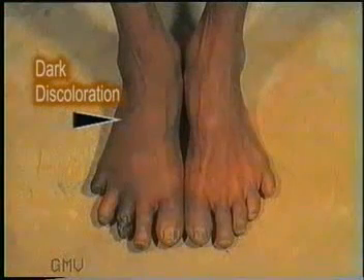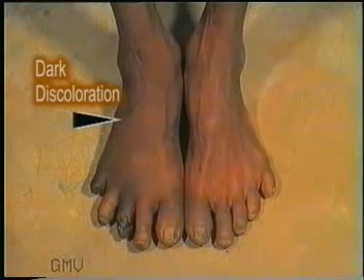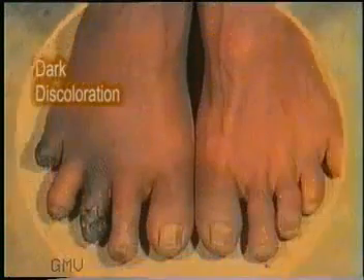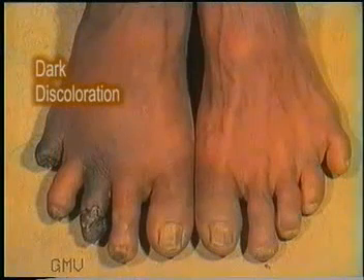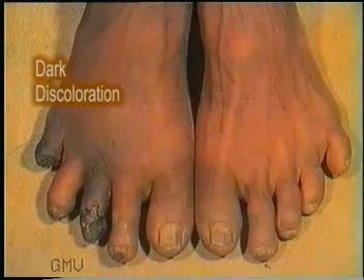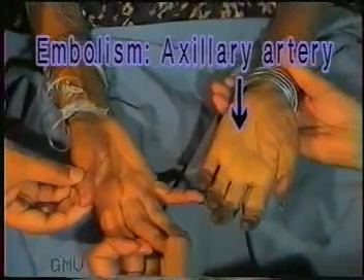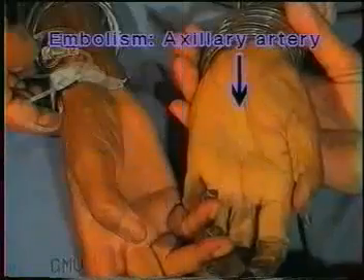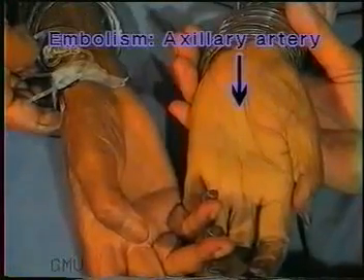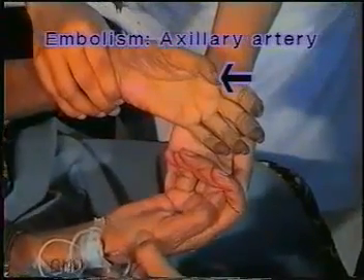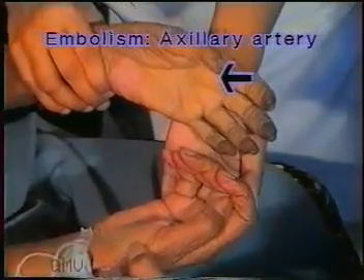Observe the skin color of the ischemic limb and compare it with the opposite normal side. Note the blackish dark discoloration in the right limb suggesting chronic ischemia. A marked pallor will indicate sudden arterial obstruction as in embolism or during Raynaud's phenomenon. Note the appearance of the left hand in this case of left axillary artery embolism. A chronically ischemic limb looks pale and thin.